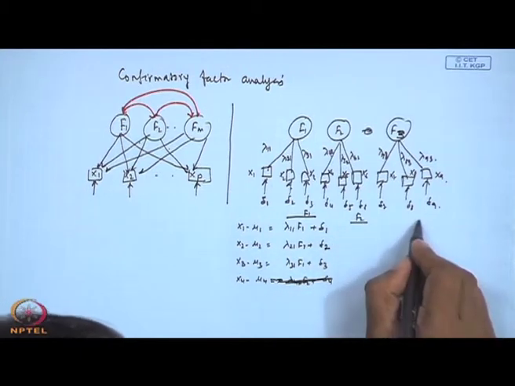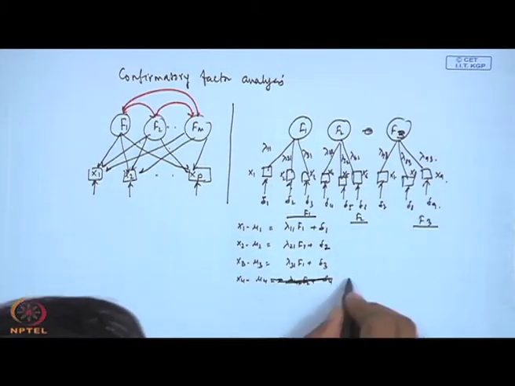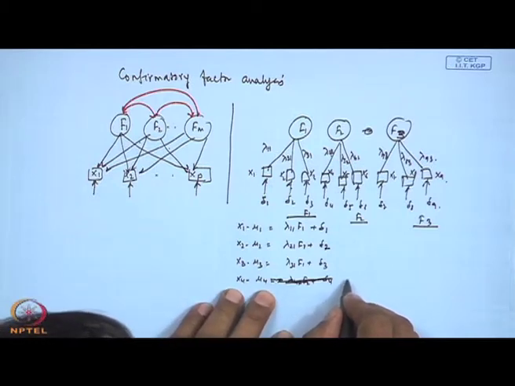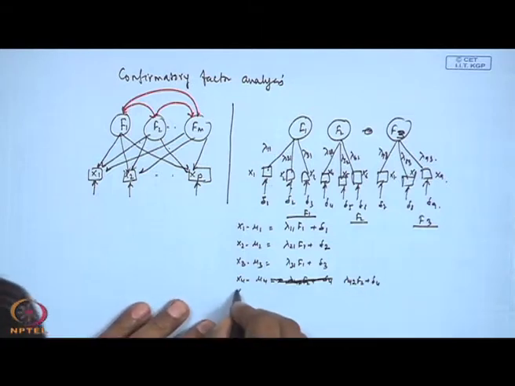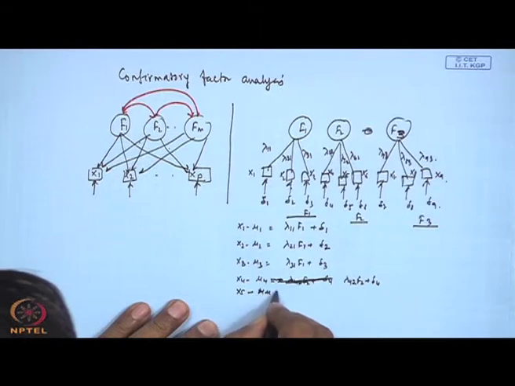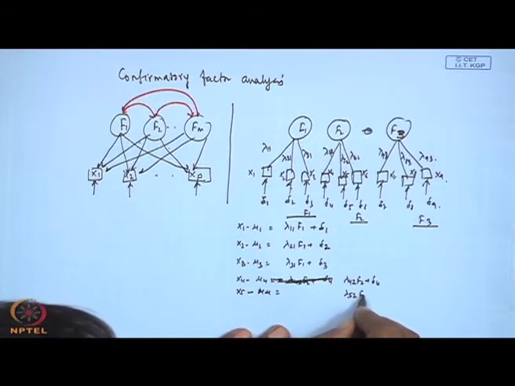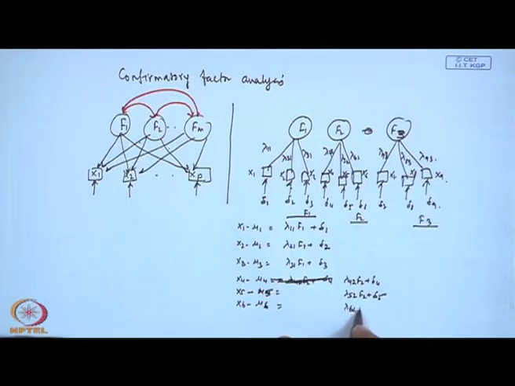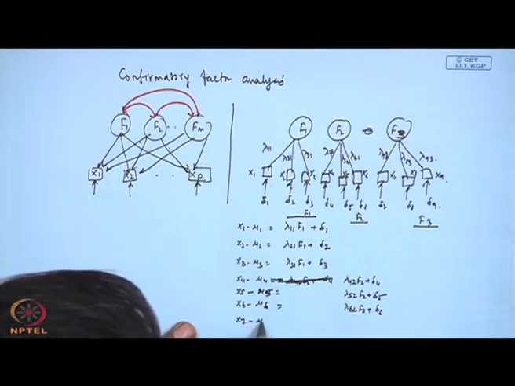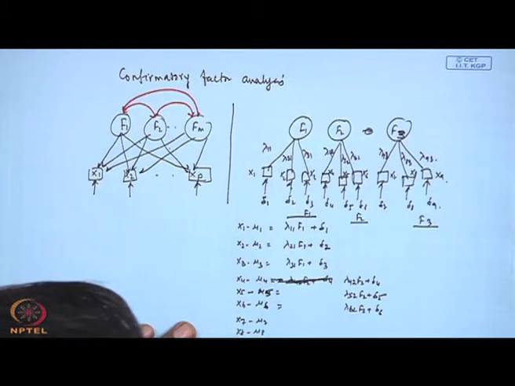Now f2, let it be related to f3. So what is happening here then? x4 minus mu 4 is lambda 4 2 f2 plus delta 4. Similarly, x5 minus mu 5 will be lambda 5 2 f2 plus delta 5. x6 minus mu 6 equals lambda 6 2 f2 plus delta 6. Then x7 minus mu 7, x8 minus mu 8 and